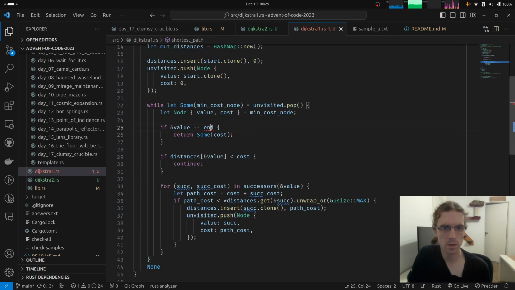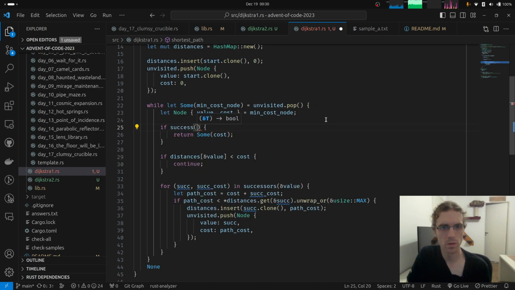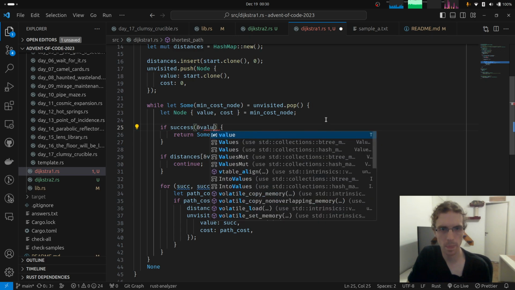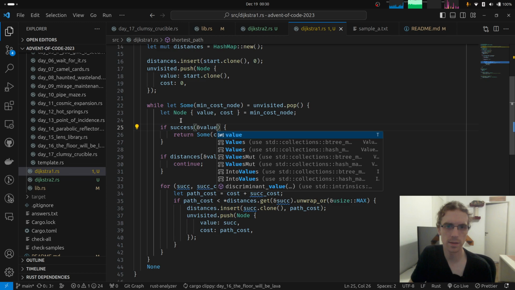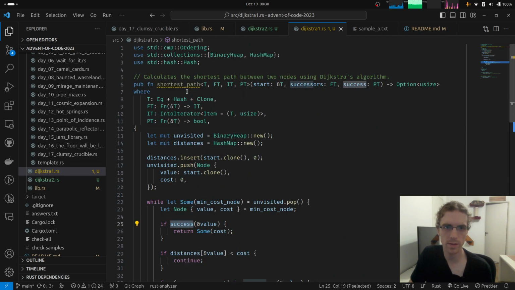Great. And now you don't have an end. We're just going to call is success for the value. So we're going to pass the value and ask if it is success, and assume that all the rest is okay. This is called Dijkstra 1 shortest path.